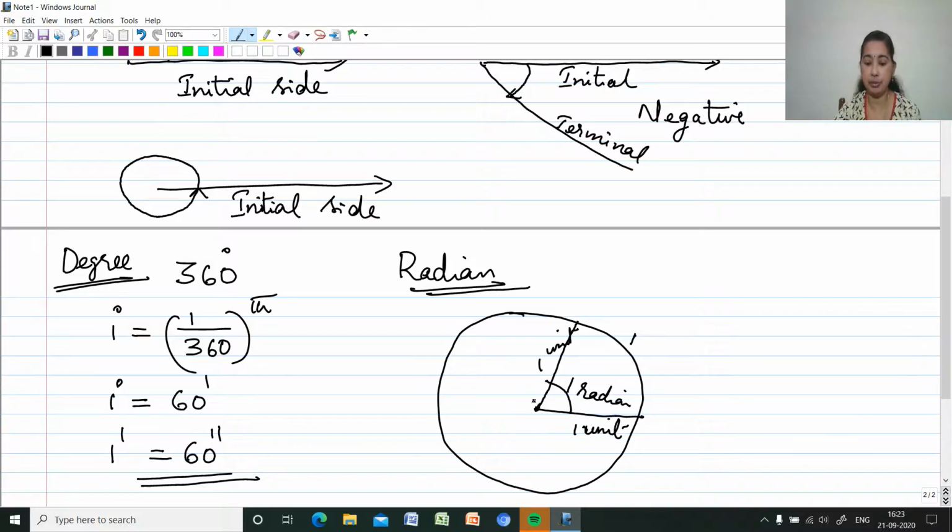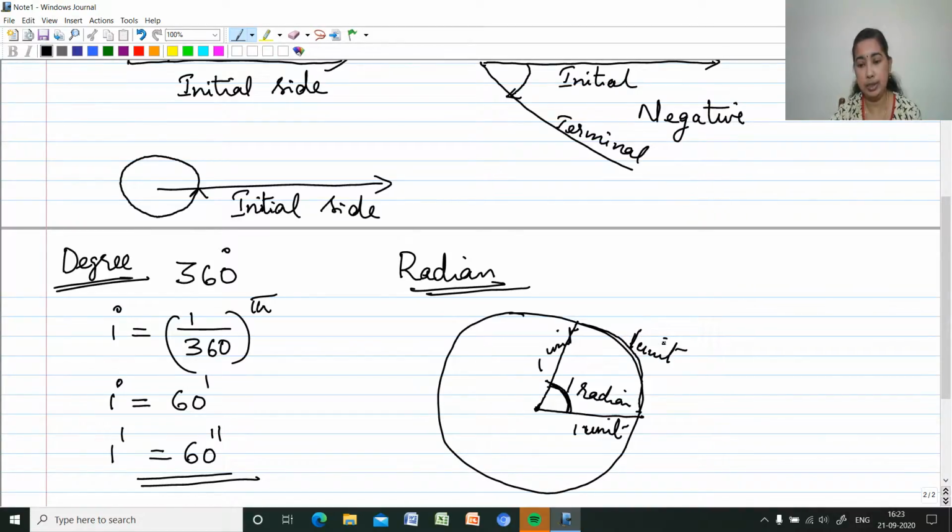So what is the definition for radian? Angle subtended at the center by an arc length of 1 unit in a unit circle. So here the arc length should be 1 unit, the radius should be 1 unit, then the angle subtended will be 1 radian. If the arc length here is 1.5 units, what will be the angle there? It will be 1.5 radian. So these all we are discussing in a unit circle.